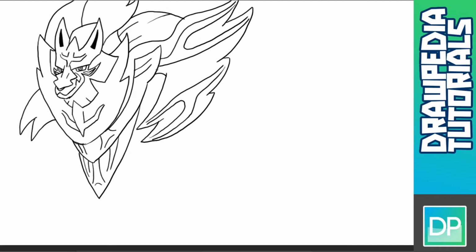And going down, I'm going to draw his legs. So we're going to draw a triangle shape at this corner, and the line continues down all the way to the feet. And from this point, I'm gonna draw a diagonal line upwards and to the left. I'm gonna make a turn down. This is a semicircle line, and a turn